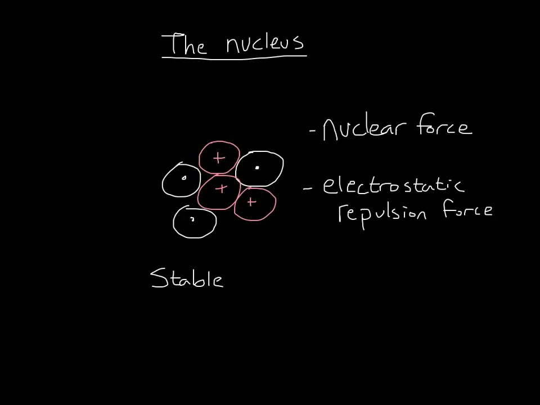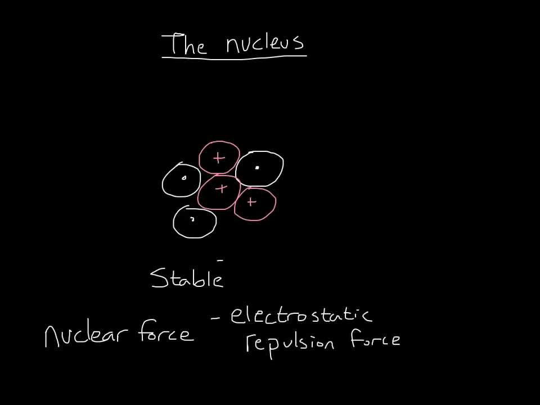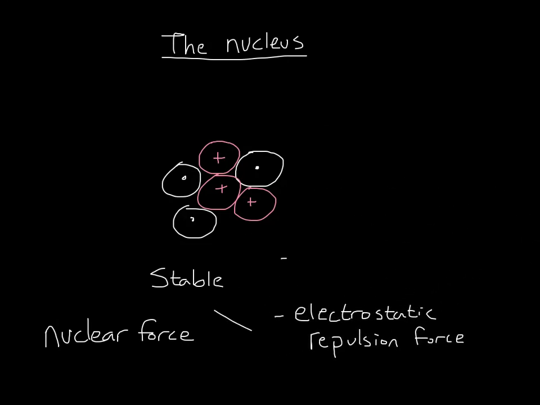So we would say that an atom is stable only if its nuclear force is greater than its electrostatic repulsion force. As long as the nuclear force is greater than the repulsion force, the atom will stay together and everything's happy. But hey, that's not that cool, and that's not what this unit's about. It's actually about if we flip-flop this. What happens if the electrostatic force becomes stronger than the nuclear force? If the repulsion is greater than what's holding it together,